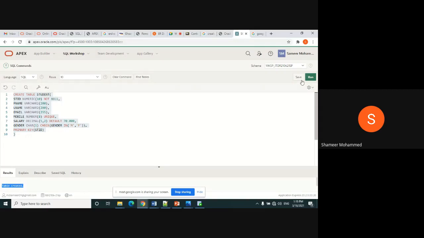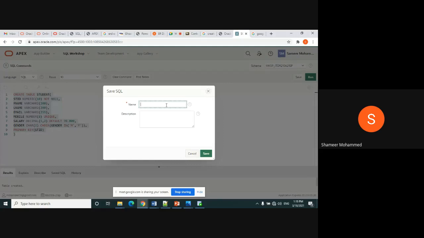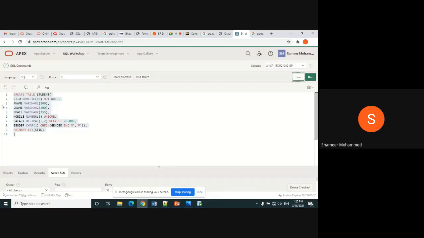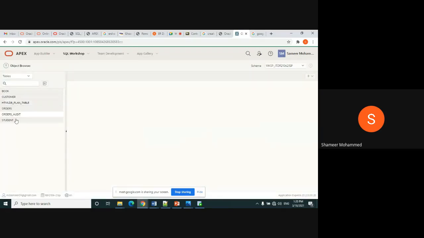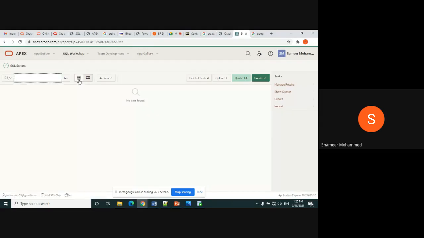If you want to save the data, you can save these commands like this by clicking this save button. Write the name of the commands like lab3 commands, lab3 exercise, something like that. Introduction to SQL. Save. So this will be saved under your account. So here you go to object browser, you can see what are the tables here. Okay, if you want to see your scripts,